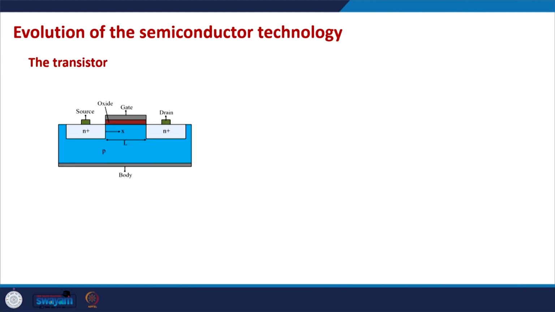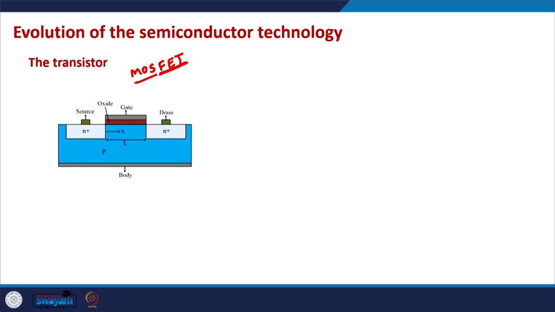So this is one kind of field effect transistor, and this is known as the MOSFET. MOSFET means metal oxide semiconductor field effect transistor. The name field effect transistor means that we use an electric field in order to control the voltage or current across the two other terminals of the transistor.